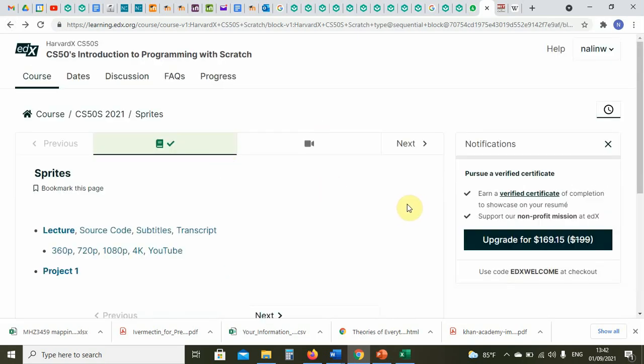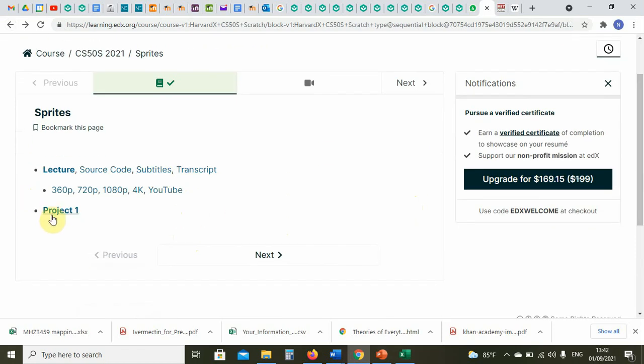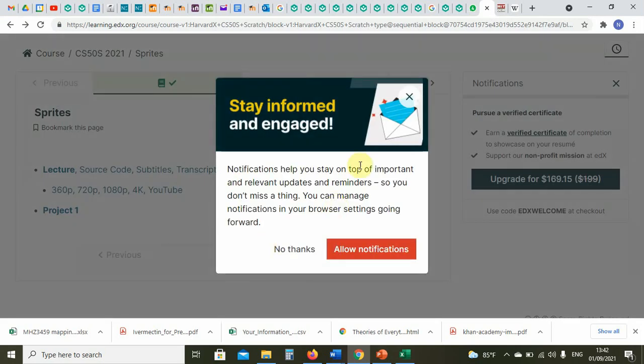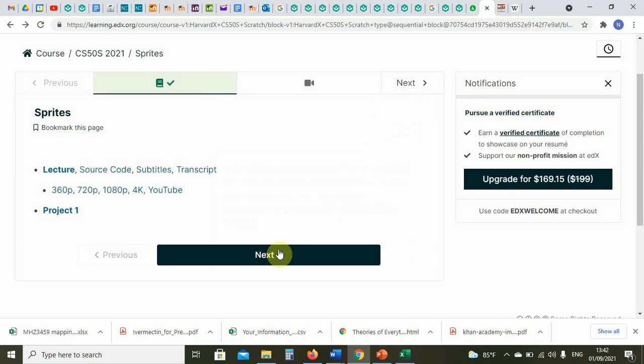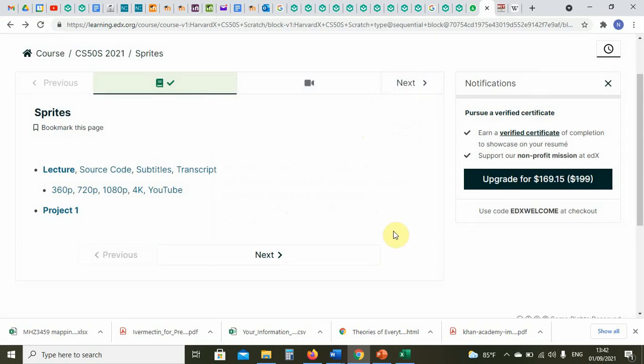And after the lecture, you can get the transcript of it. You can have subtitles if you are not understanding what they're saying. If you don't understand the accent, you can get subtitles. And then you have a project that you have to do. And you have to move on through the course. So this is now up to you to do.